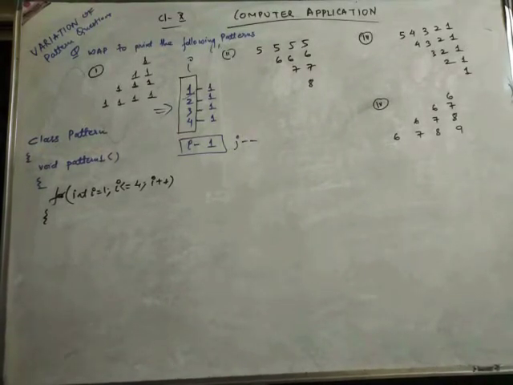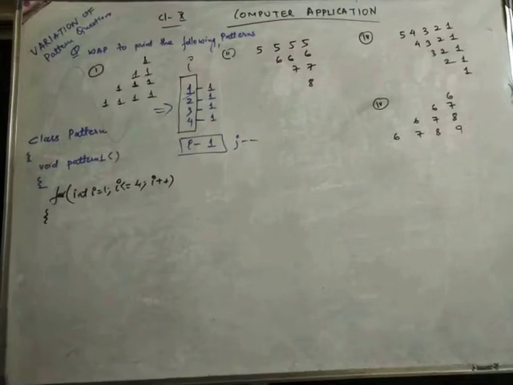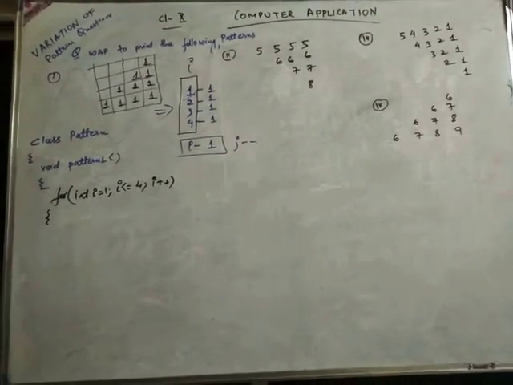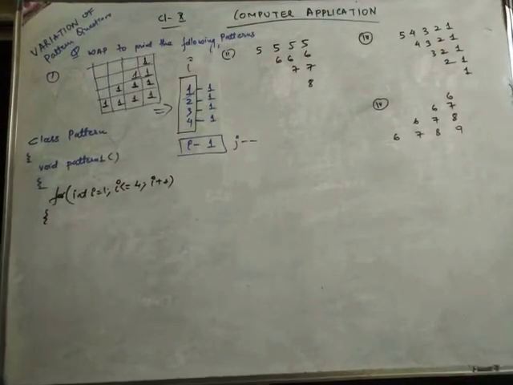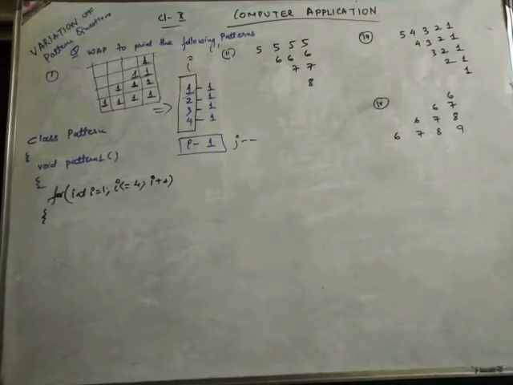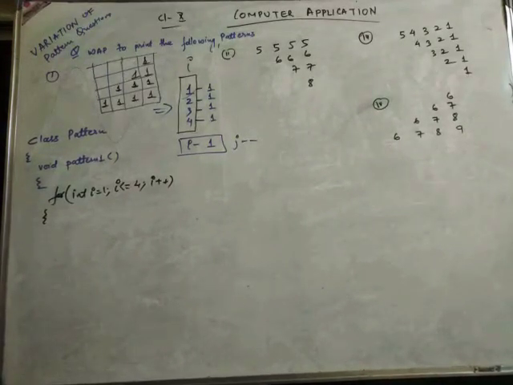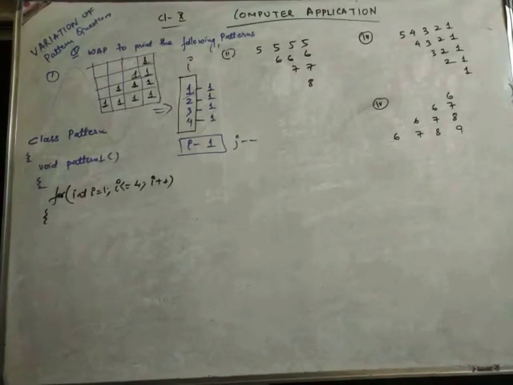If you see the spaces in question 1, I have made the box shape for question 1. In the first line we have 3 blank spaces, then 1 is printed. In the second line we have 2 blank spaces, then 1 values are printed. Then the third line has 1 blank space, and the fourth line no blank space. How will you make the space loop? For that we'll make a separate table again. First we have to write the values of I.